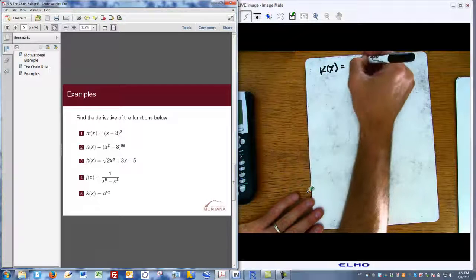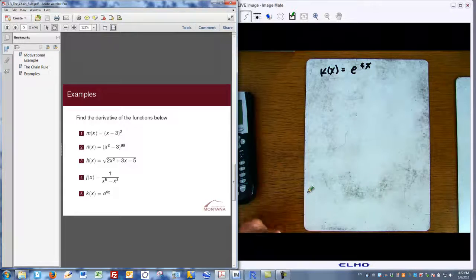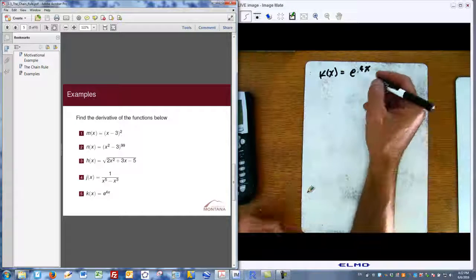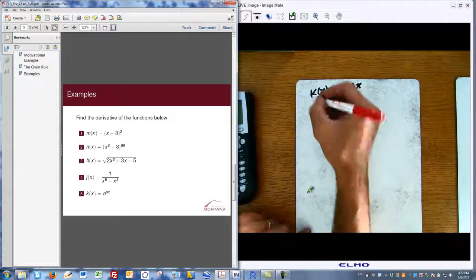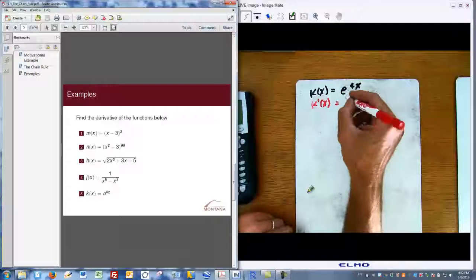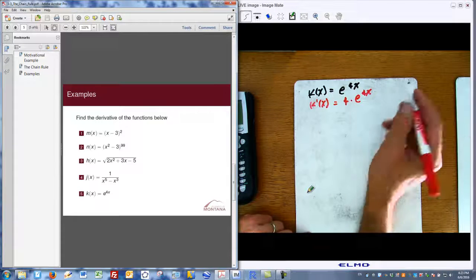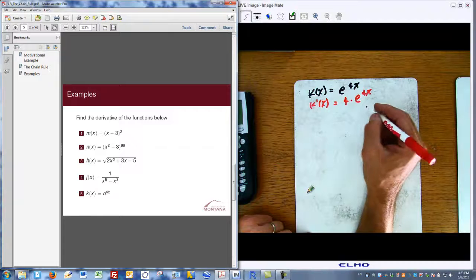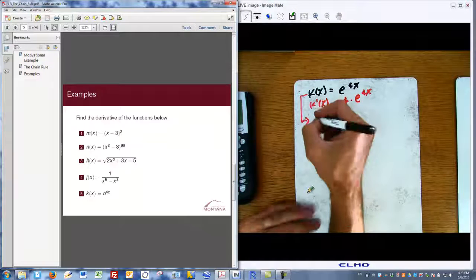This is e to the 4x. Well, right away you say, well, come on, Roscoe, we've already done these ones. This is in the form e to the kx, which we think has derivative, from previous terms, k times e to the kx, so 4 times e to the 4x. We think that's the derivative from our exponential chapter, but let's just go ahead and think about it in terms of